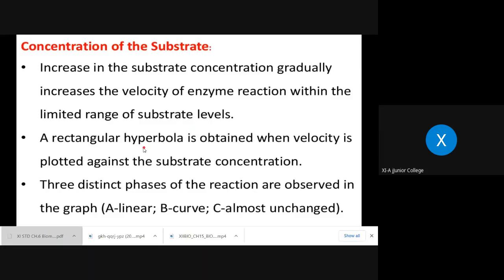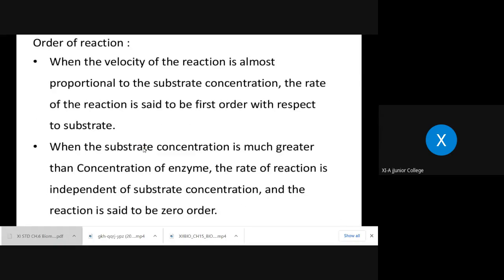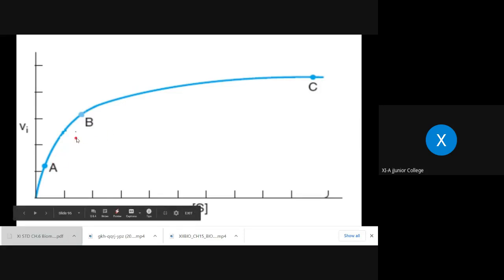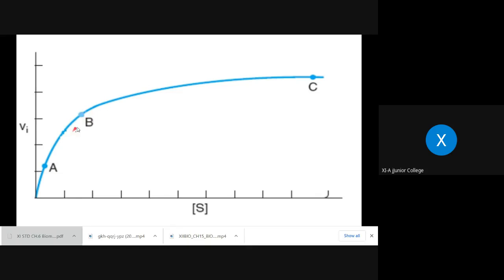Now, how this is done, hyperbola or distinct phases, you have seen in the previous diagram, and this is what is considered to be the hyperbola. Here the substrate is increased. As the substrate is increased, its velocity also increases. It's increasing up to a certain limit. It is increasing with a high speed, but after some particular period, though we are increasing the substrate molecules, its rate slows down, and at a particular point it remains the same. It doesn't increase the rate of the enzyme action.